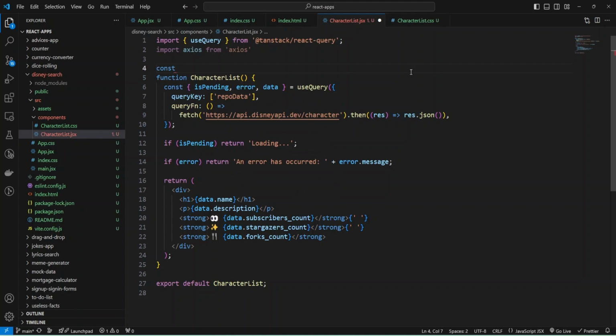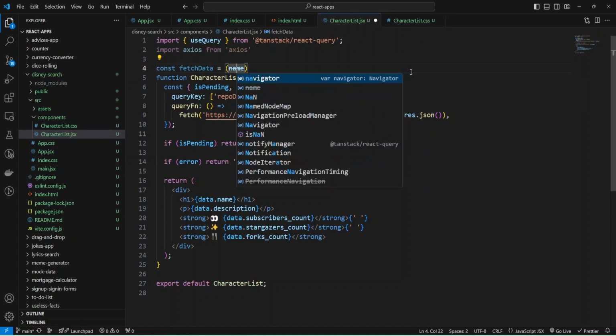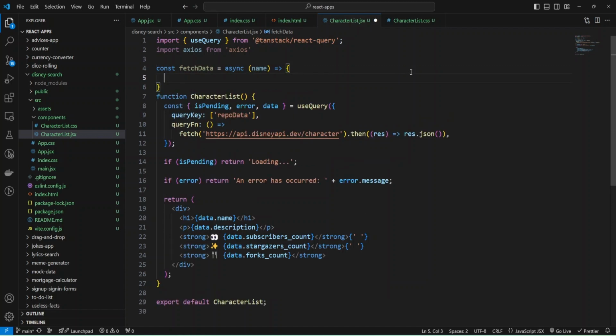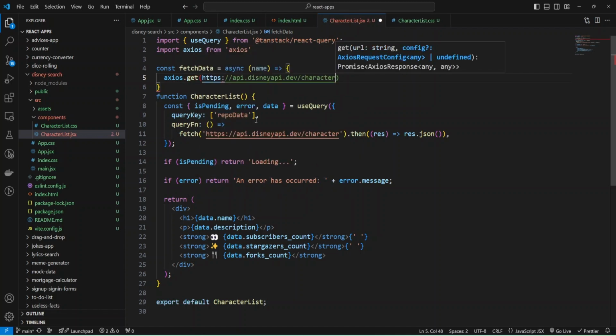I'm going to provide the name fetchData, and as a param it will have the name, and the function will be async, and let's make an Axios get request, and use our URL, and also we need to provide some params.